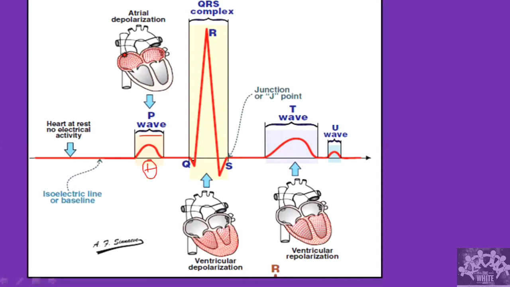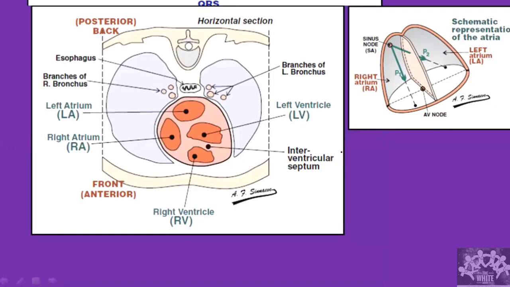Then what happens is the ventricle is going to be activated. We will see each part: why the Q wave forms, why the R wave forms, and why the S wave forms. But for now, let's remember that it is ventricular depolarization. The ventricle is activated electrically. Followed by that, the ventricle is going to get repolarized, which means it is going to take a little more rest. So, ventricular repolarization. And then there is the U wave. The clear reason why a U wave is formed is not known yet. There are multiple theories. So these are the waves, and we will see how each wave is formed.